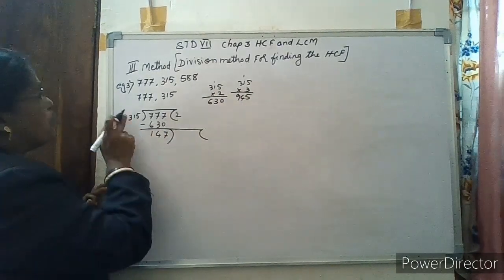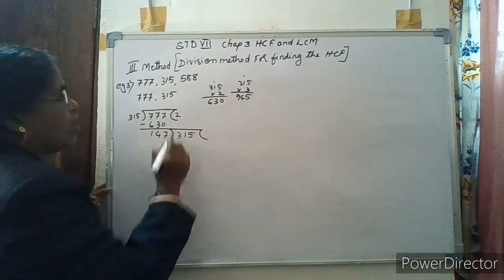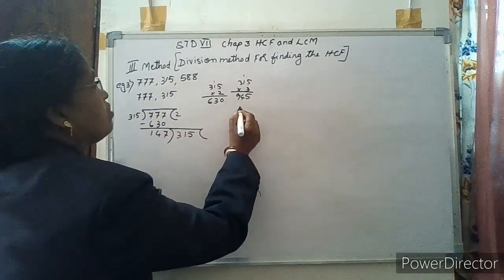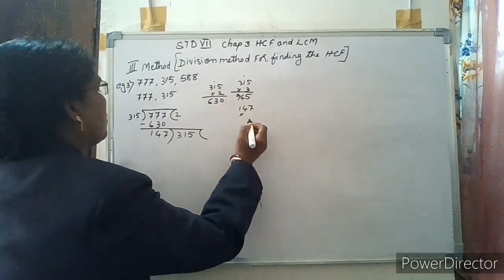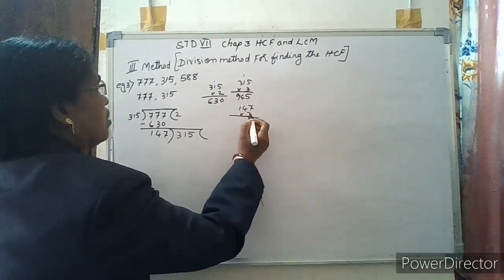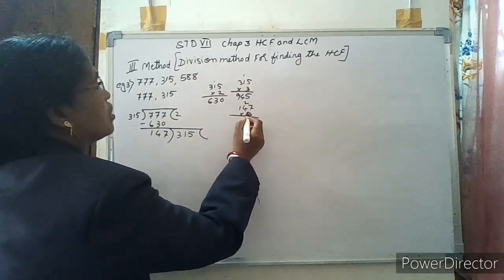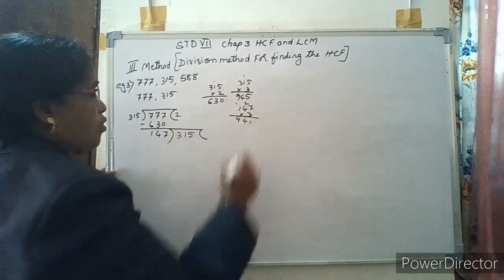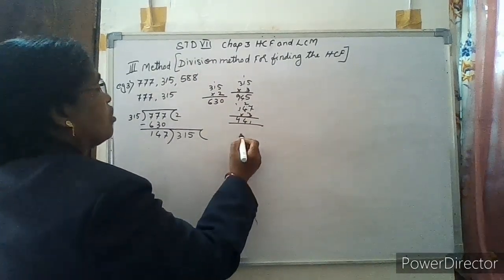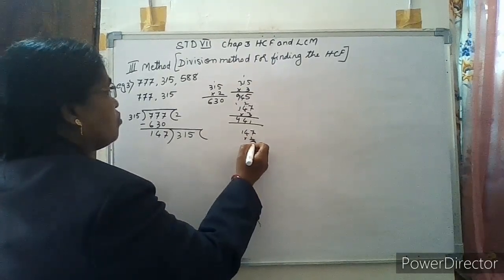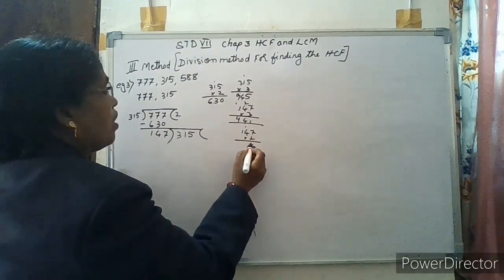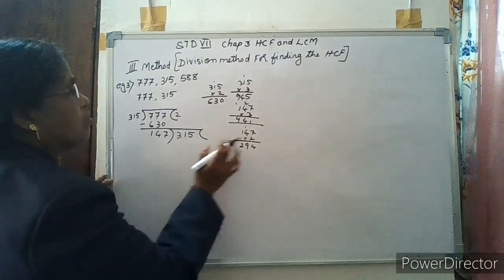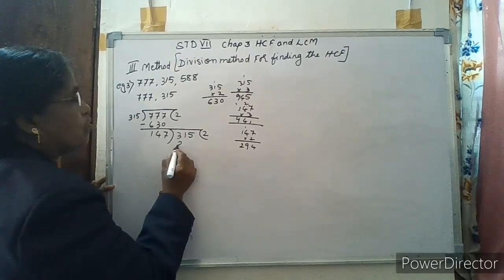Now the previous 315 is the dividend here. So this is 147. Let us take this 147 and multiply it with, suppose, 3 and see. 3 sevens are 21, carry 2; 3 fours are 12, 13, 14, 4 carry 1; 3 ones plus 1 is 4. No. So 147 multiplied by 2 you try. 2 sevens are 14, carry 1. 2 fours are 8 plus 1 is 9. 2 ones are 2. So this is suitable. 2 times is 294.